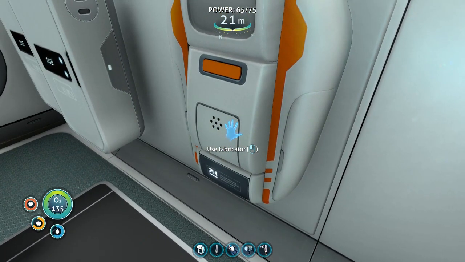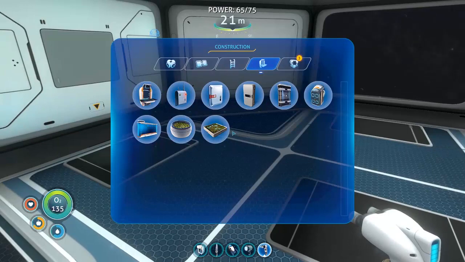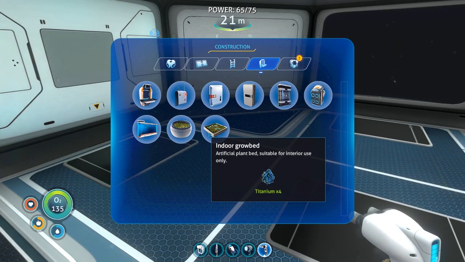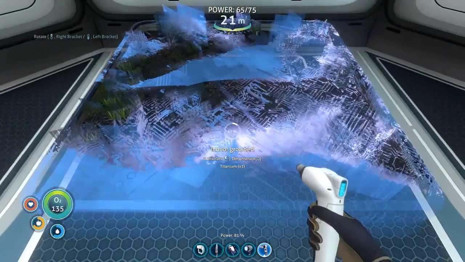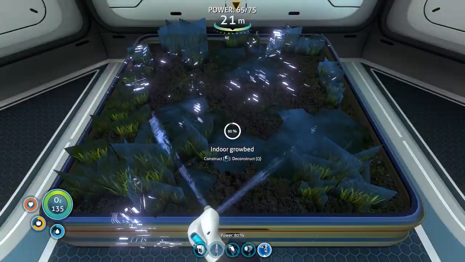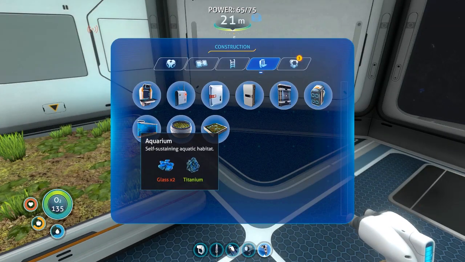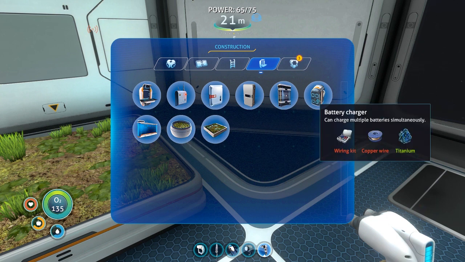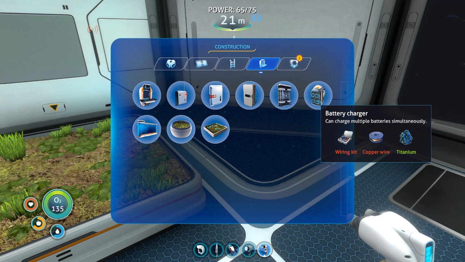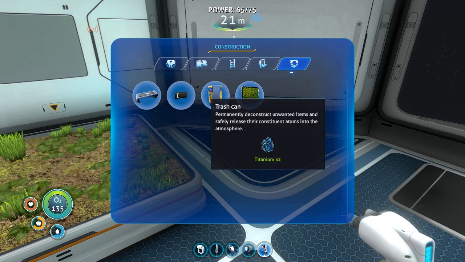So, maybe we also look at what else we can build in here. What else can be useful to us? Composting plant pot. Indoor grow bed. So maybe we make a grow bed and we'll think about planting some stuff. Grow bed. Aquarium. Self-sustaining aquatic habitat. Glass. We could build that. Alright, well, let's just build the radio here anyway. Battery charger. We could probably make that. I think we got enough silver. Miscellaneous things. Decorative. I think these things are...